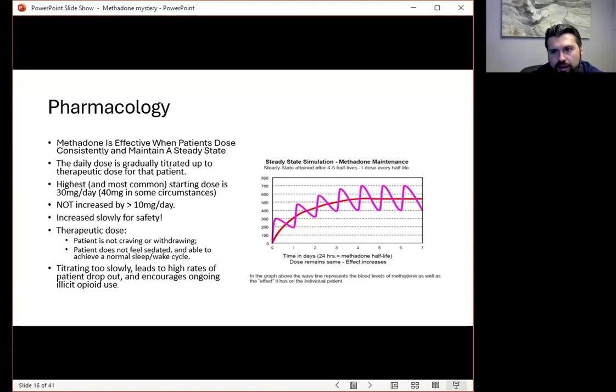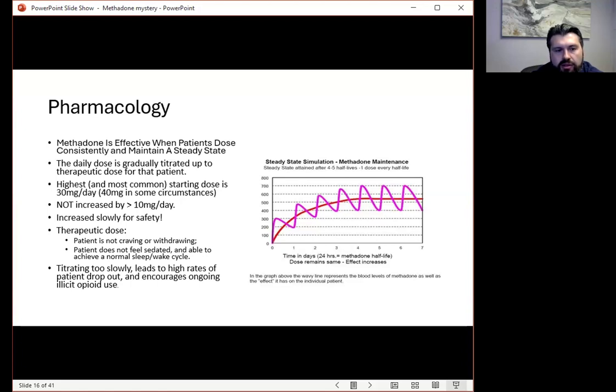When do you know someone's at a therapeutic dose, or when they feel like things are better for them? Usually they won't be having any cravings, that feeling of wanting to use, but also no withdrawal. Those are really the target points when it comes to titrating someone's dose. But you also want to balance that with the sedation properties of a full agonist that we mentioned earlier. So also making sure that the patient isn't sedated and is able to achieve normal sleep-wake cycles and function throughout the day appropriately. Balancing that with the cravings and withdrawal piece is really critical when it comes to finding